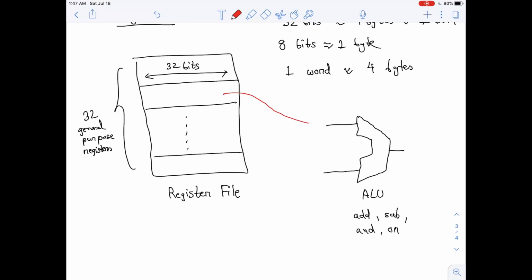So suppose if you want to add two numbers, suppose one number is in this register and another number is in this register, you're going to need to supply these values to the ALU from your register. And suppose you want to store the answer here, you can do so as well by telling your ALU to store the result somewhere here. Okay,